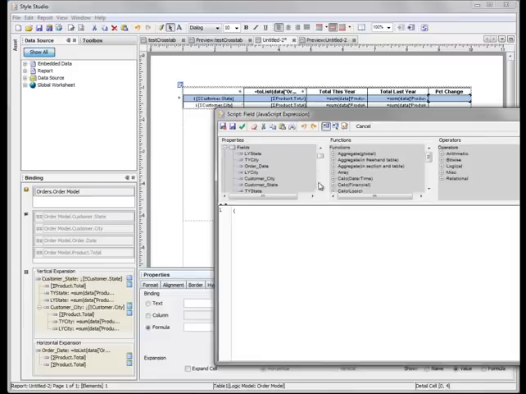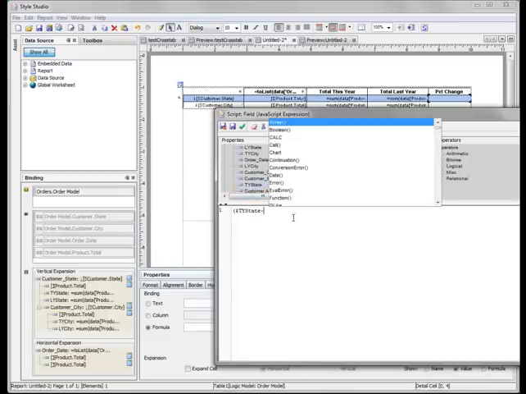So it's going to be the difference between the this year total and last year total, divided by the last year total. So what I did here is I expanded the fields list, and I'm going to find the this year state total. Right, so these are the names that we gave to those cells previously. So this year state